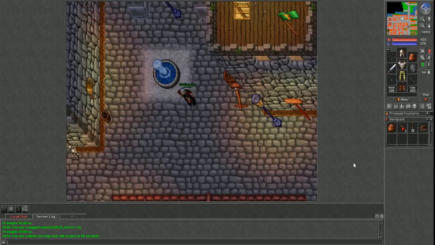Anyway, to give a quick lowdown, down here is your little chat window. You can have different tabs for your different things. Usually, when you start up the game, you're only going to have the local chat and server log. These are the only ones that are always available. The NPC tab you can open up by talking with NPCs. I like to keep this one open because